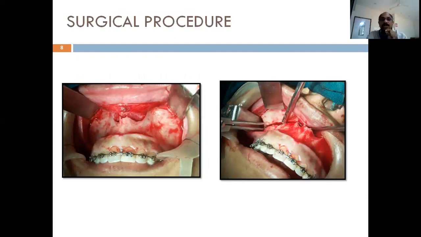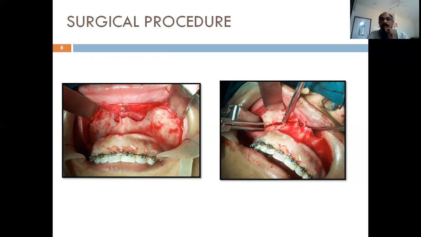This diagram will show, as I told you, once we make the incision in the mucogingival junction and reflect the flap, the mucoperiosteal flap is raised, and we expose the whole of the maxilla anteriorly till the anterior nasal spine, posteriorly till the posterior aspect of the buttress. So try to expose the area, reflect the nasal mucosa from the piriform aperture, and make a cut from the piriform margin posteriorly. As you can see here in the second picture, the cut is being made, extending posteriorly towards the zygomatic buttress, towards the pterygoid plates.